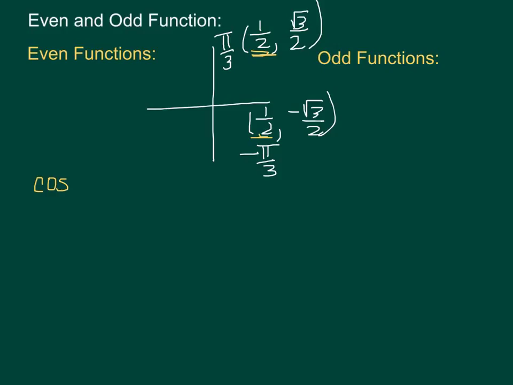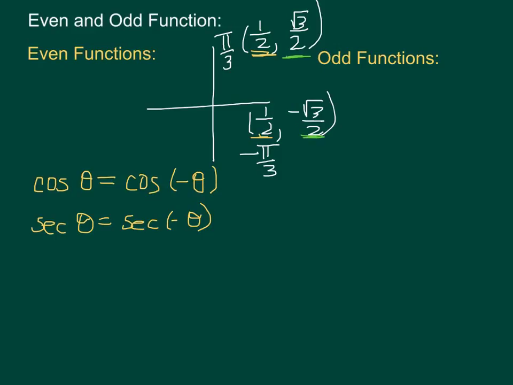So cosine of theta is the same value as cosine of negative theta. This works the same for secant. Secant of theta is the same value as secant of negative theta. Now look at the y-coordinates. If you notice, your y-coordinates change, which makes the function odd. So sine, which is the y-coordinate, is an odd function